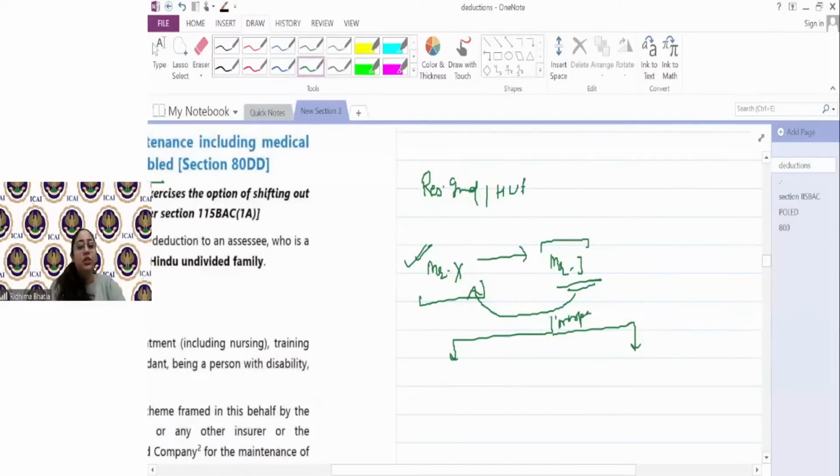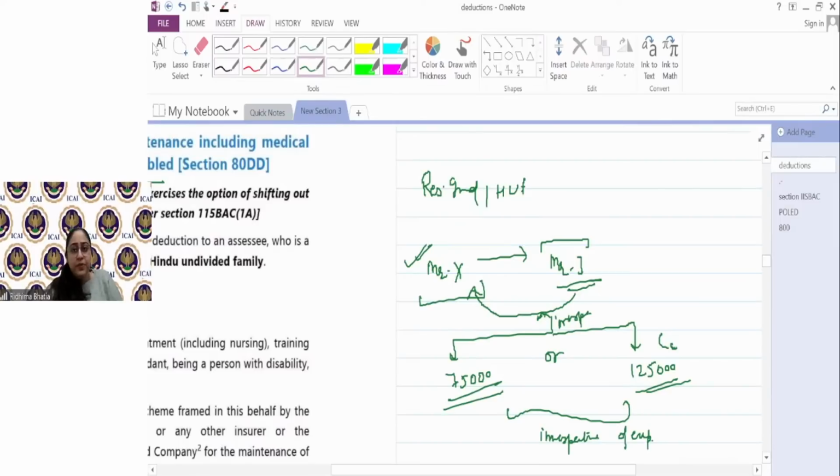Irrespective of the expenditure, the deduction would be claimed by Mr. A. Whether I spend 1,000 rupees or 2 lakh rupees, the deduction is a flat 75,000 in case of normal disability, or 1,25,000 in case of severe disability, that is 80% or more disability. Again and again, I'm saying irrespective of expenditure, I spend 10,000 rupees, I spend 1 lakh rupees, irrespective of it, the